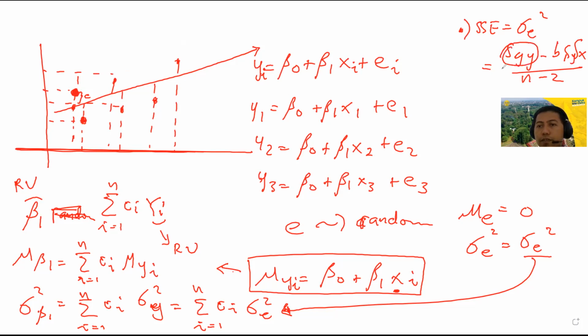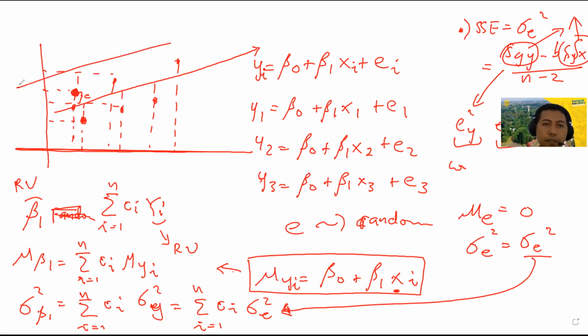This is the standard deviation of Y. This is a cross correlation, or we can say SXY, something like this. This component and this component we can compute from the data. Also, as well as for this one, we can compute from the data.